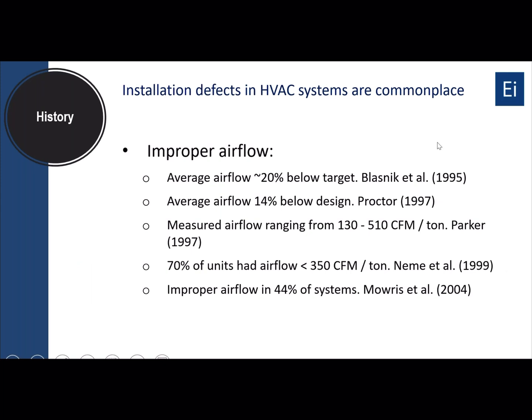So a little bit of the history of HVAC commissioning. Installation defects in HVAC are commonplace. This has been known for a long time. There's a variety of studies that have been done in the published literature going back 25 plus years, indicating that HVAC is challenged. This is a listing of some of the technical articles focusing on how improper airflow affects HVAC